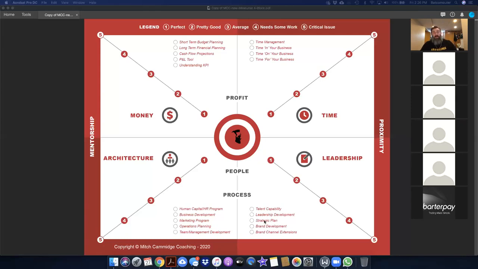Now, last but certainly not least, inside of our leadership component are brand development and brand channel extensions. Funny words for how the marketplace recognizes what we do and when they come back to us the very first time. Why this is a leadership component or quadrant as opposed to architecture boils down to impression as it is portrayed in the marketplace. If I may for a moment.